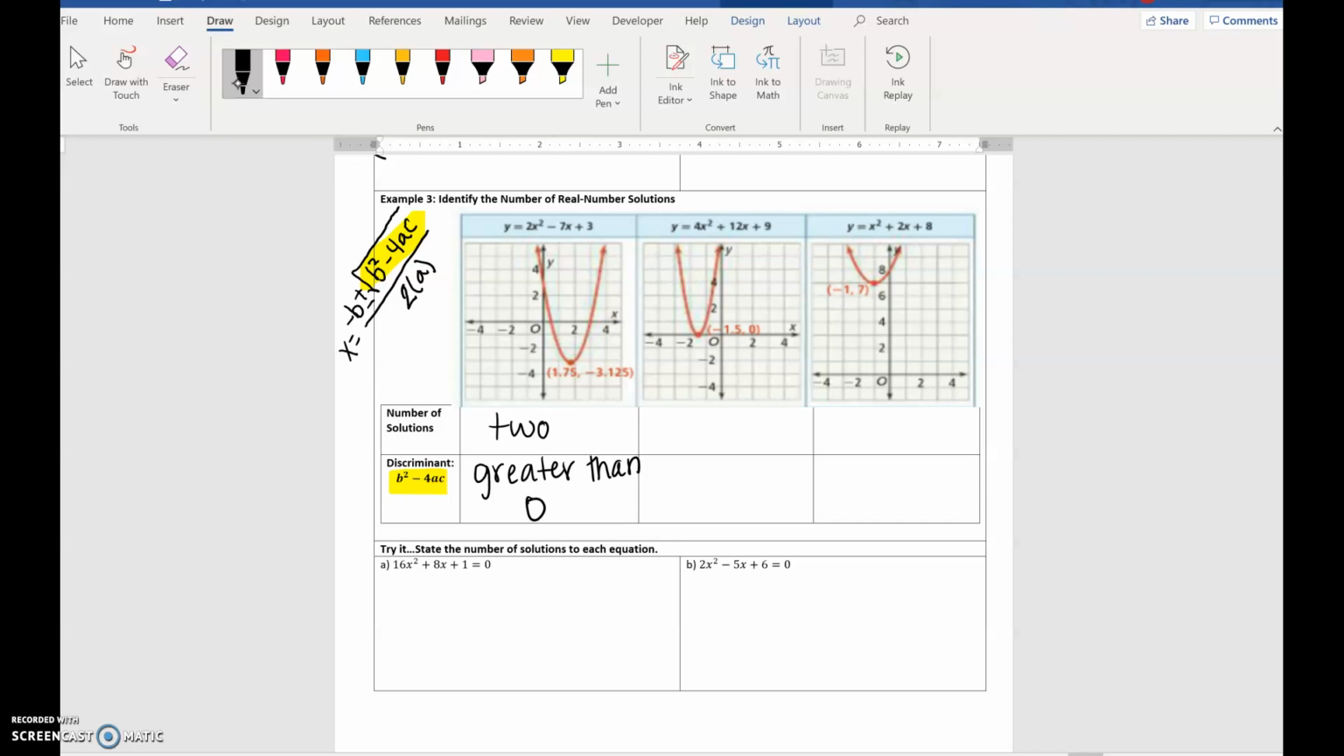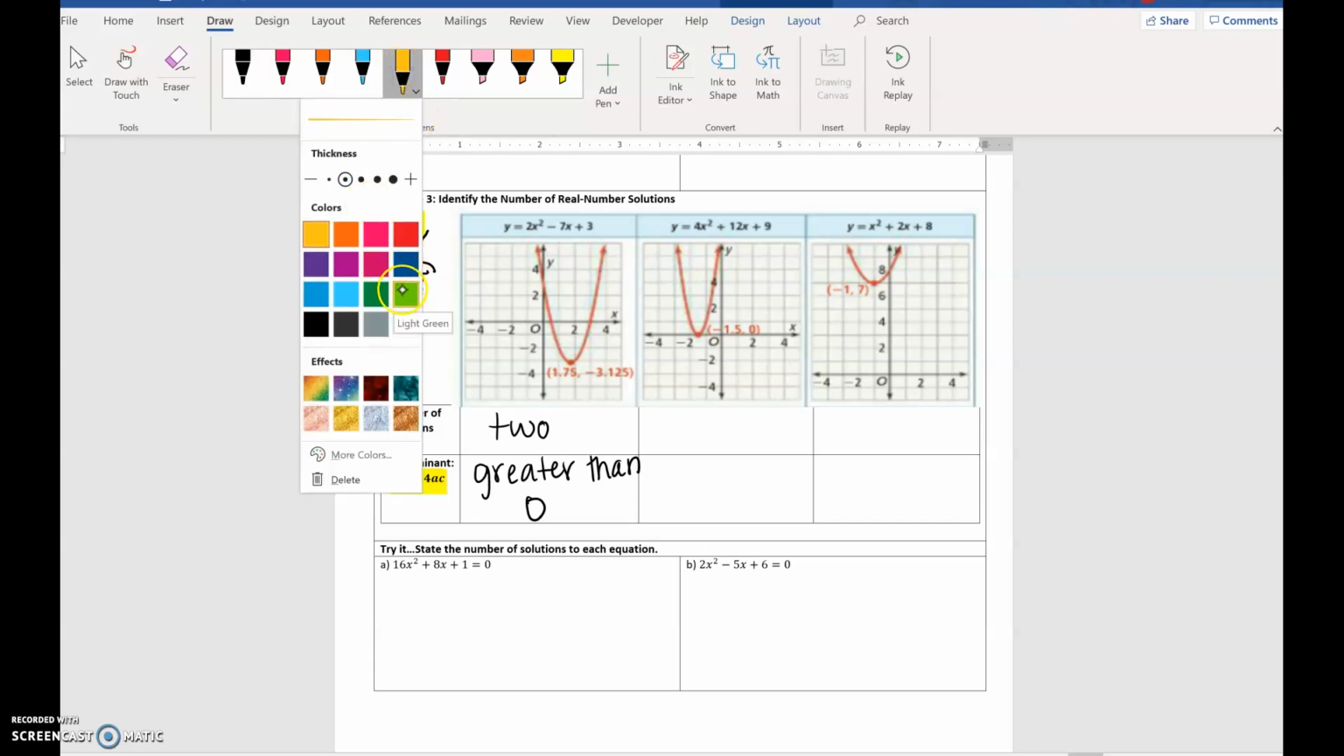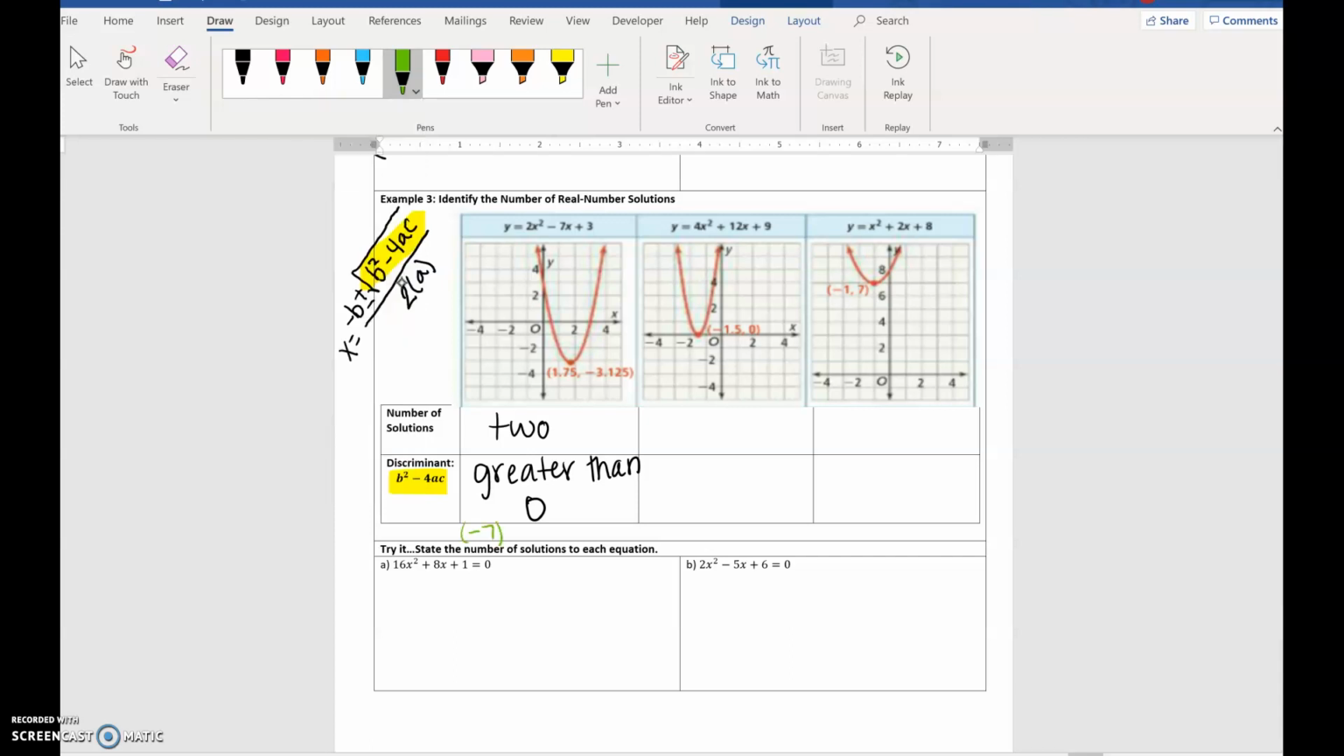0. So when you type in all this, in this case, if I did it, my b is -7, so I would do -7 squared minus 4 times my a, which is 2, and times my c, which is 3. And so -7 squared would be 49. And then 4 times 2 is 8, times 3 is 24. And so this right here would be 25, and that is bigger than 0,